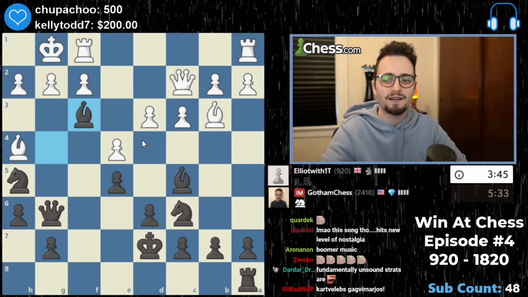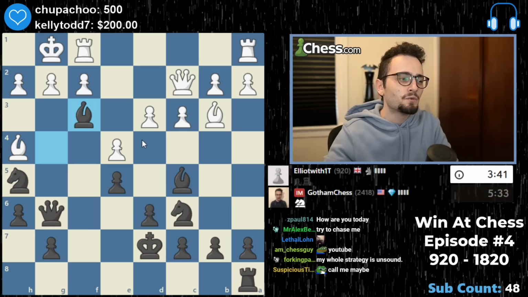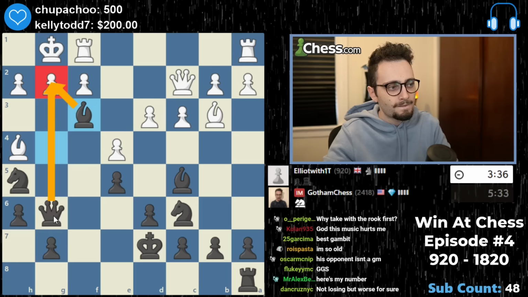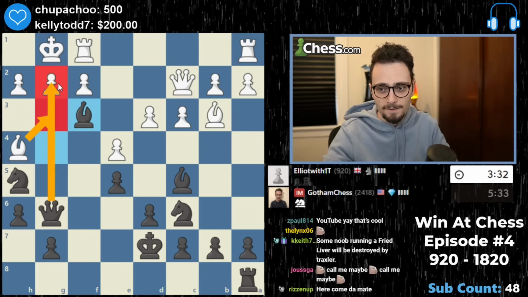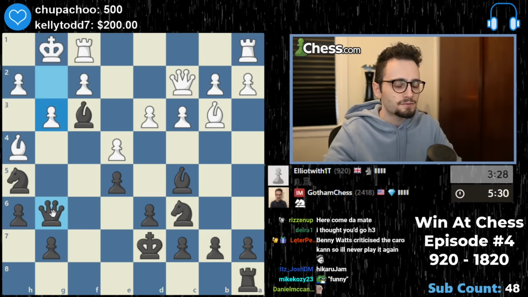I don't know where that take comes from. And actually, this position is going to end in a very funny way. So right now we are threatening mate. Our opponent can play bishop g3, which would block my queen, right? I mean, grandmasters beat other grandmasters with the Traxler, so...